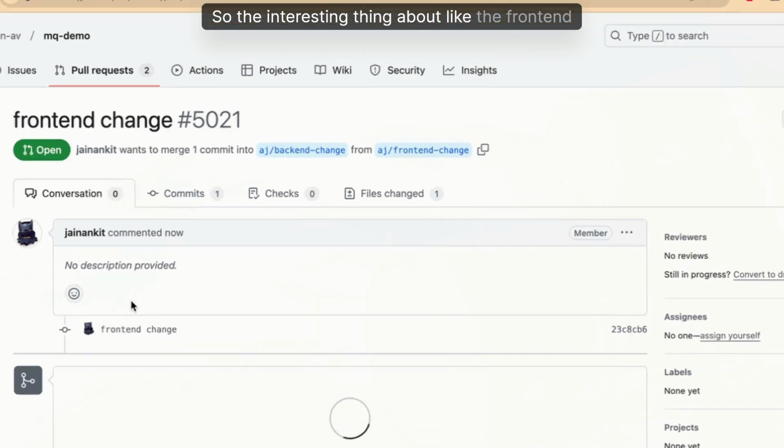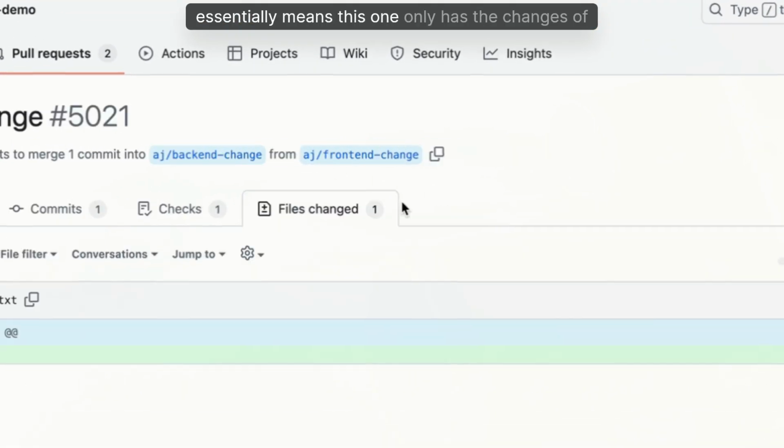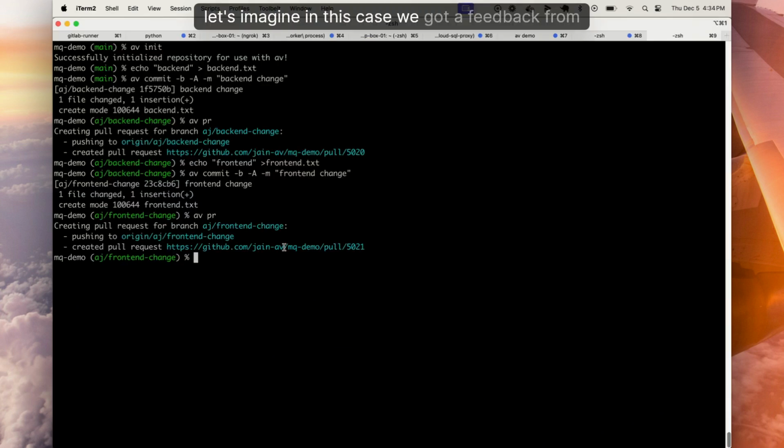The interesting thing about the frontend change is now it's based on top of backend, which essentially means this one only has the changes of frontend. This makes it easier for the reviewer to review, as well as the author to keep working on the newer changes. Let's imagine in this case, we got feedback to make some changes in the backend